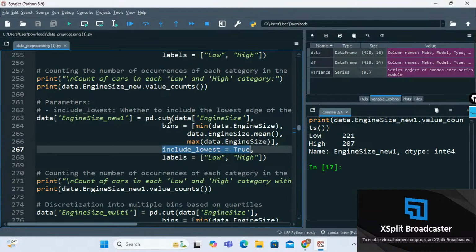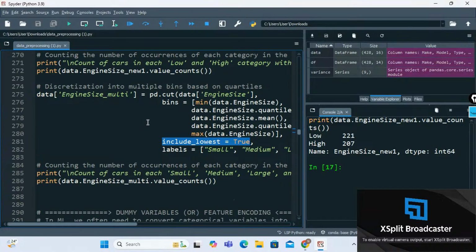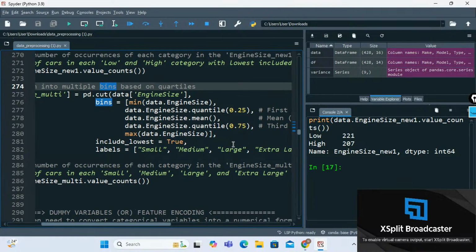Right. So we understood binarization, but what is discretization? Discretization is when you convert continuous data into discrete data, but into multiple bins. More than two bins, if you are going to convert it, then it is called discretization. The same process. Now you tell me how many bins are going to be created